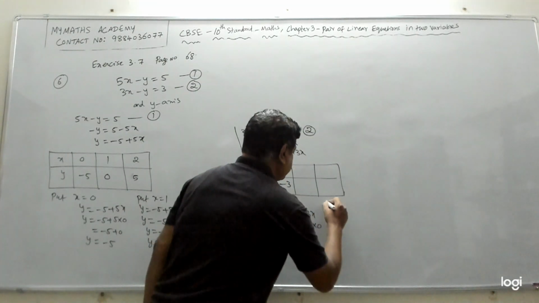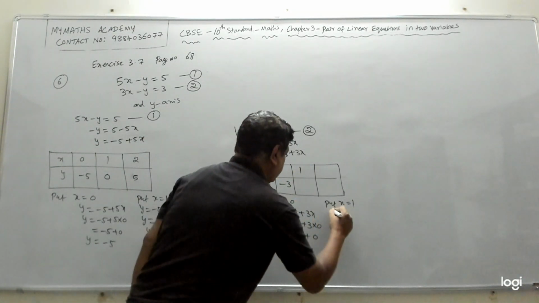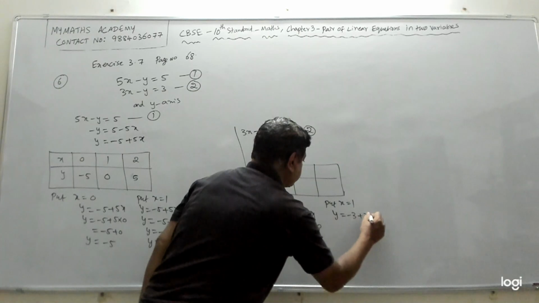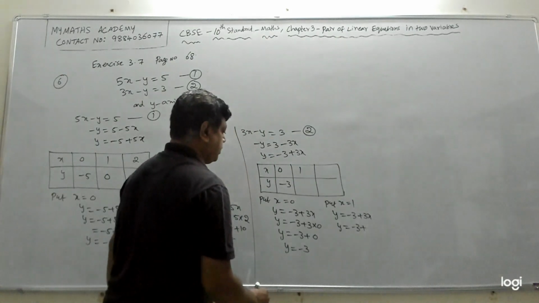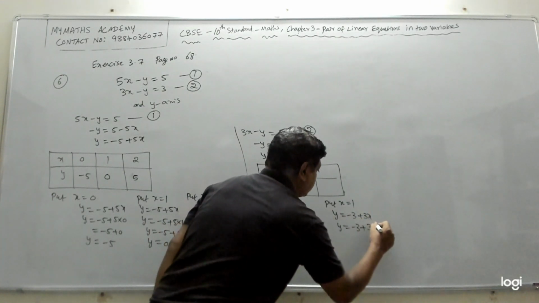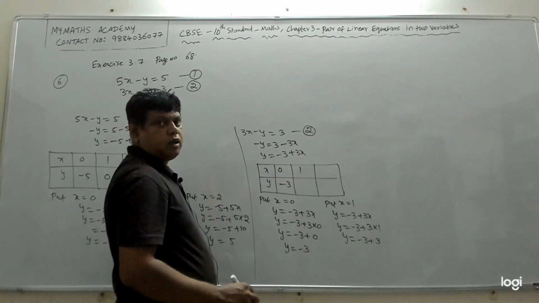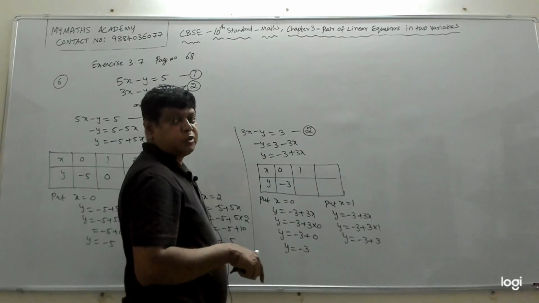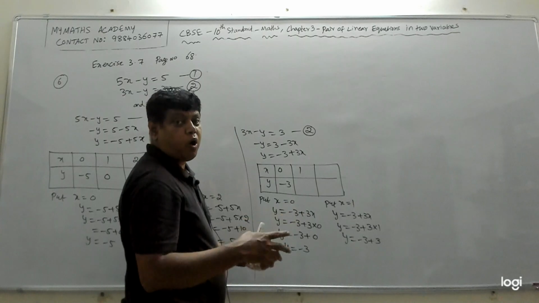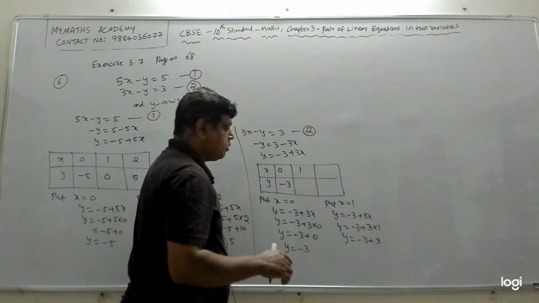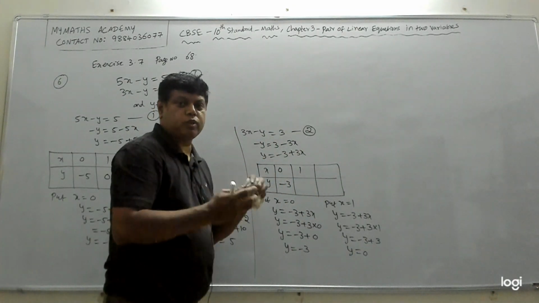Now let's put x is equal to 1. If I put x is equal to 1, what happens to my y? y is minus 3 plus 3x. I'm taking the same equation. Then y is equal to minus 3 plus 3 into 1, which is 3. I have seen people putting 3 into 1 as 1. Students, we make mistakes in a hurry. You have to be careful. Whenever you multiply with 0 or 1, you have to be very careful. 3 times 1 is 3, so y becomes 0. Yeah, I've made the mistakes many times when I was a small boy.